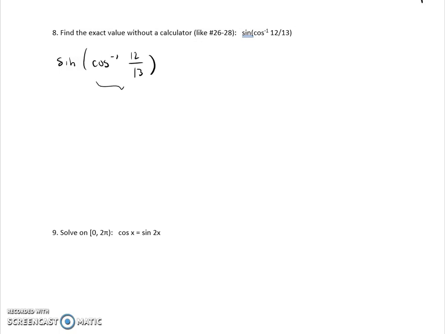So this is going to give me an angle. Anytime you have an inverse function, the answer is an angle. And then what I'm actually trying to do is find sine of that angle. Okay, so this part right here with the inverse, that tells me that